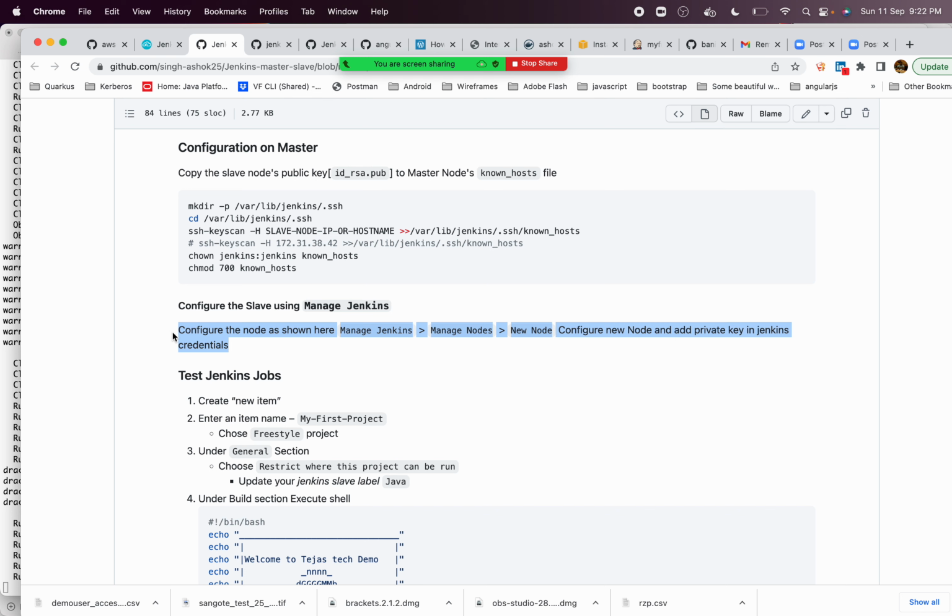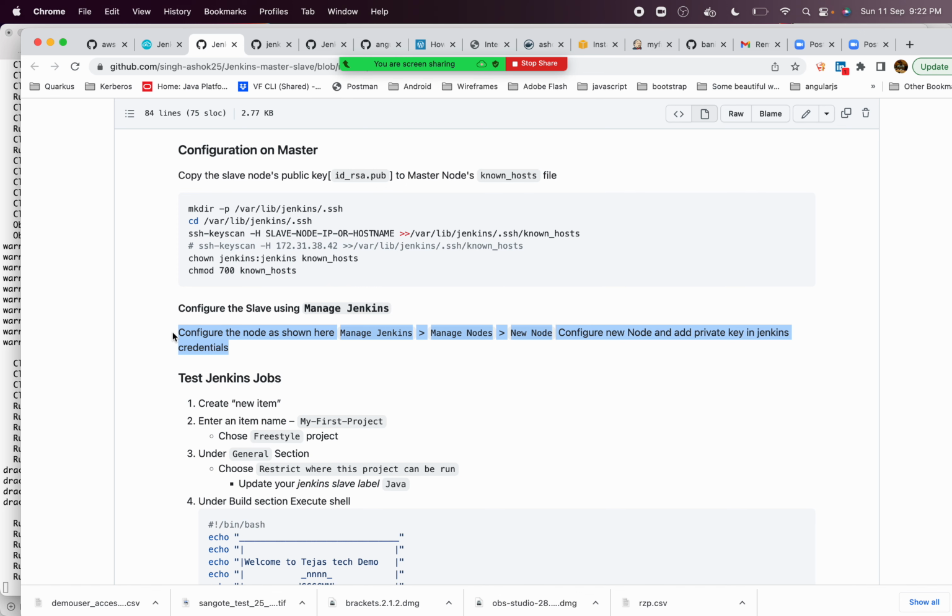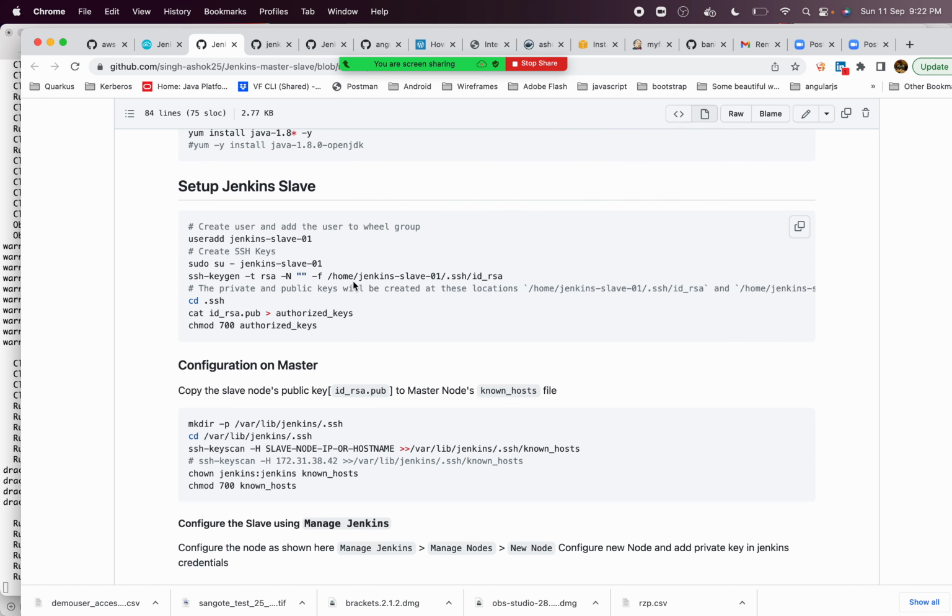Via the UI, you have to add this particular private key, the private key that we have created using ssh-keygen. So these are the steps we need to follow. It is a bit of a lot of commands that we need to follow, but this is the